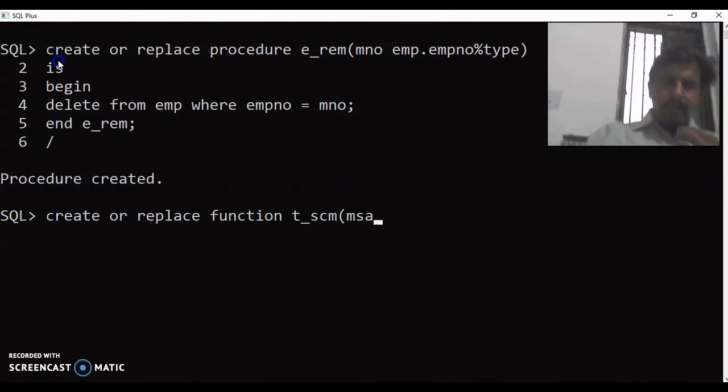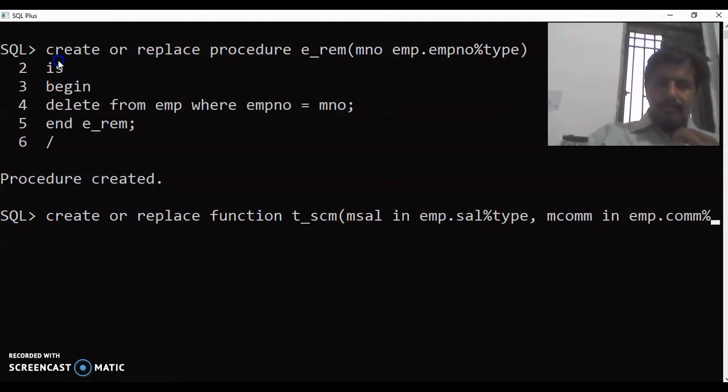So msal in emp.sal%type, comma, mcom in emp.com%type. Right, so these are the only two parameters which will be passed along with this function.